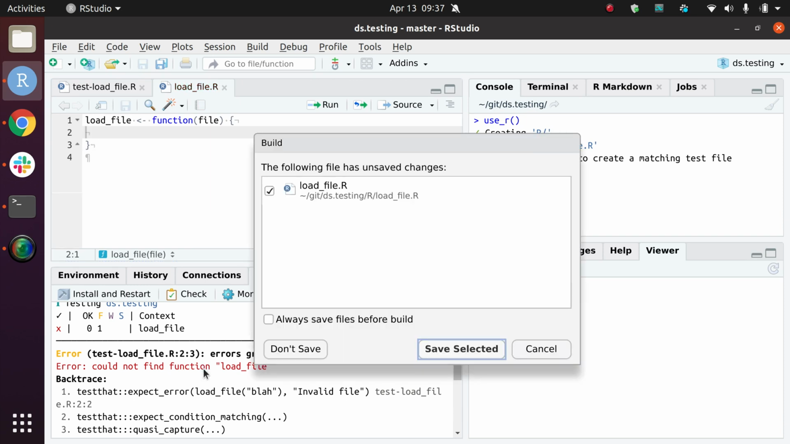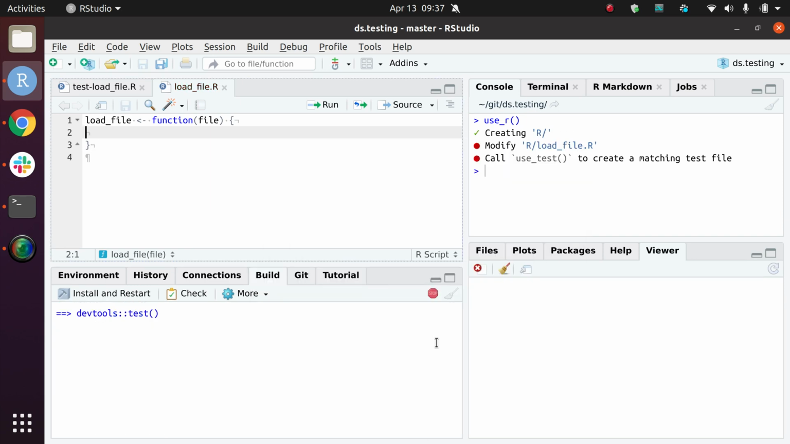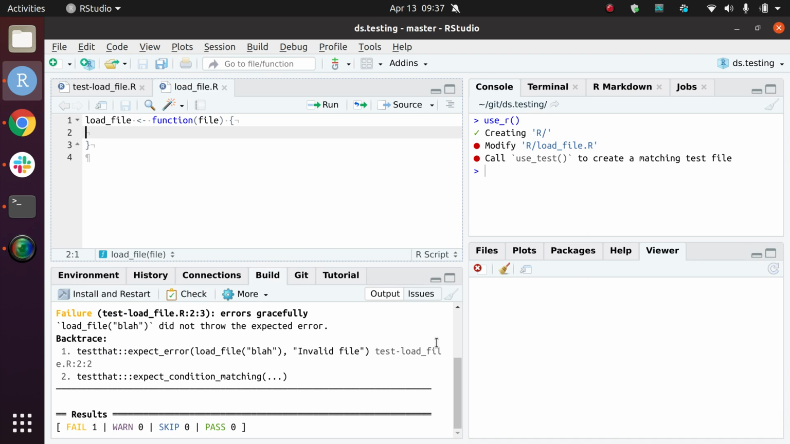Let's see what happens. If I run my test again with Shift-Control-T and save the file, I still get an error, but it's not the error that I wanted, because it throws nothing, right? If you implement the function with nothing, that function returns NULL. So it does not throw an error. So what we need to do is to actually implement that error. Let's do stop